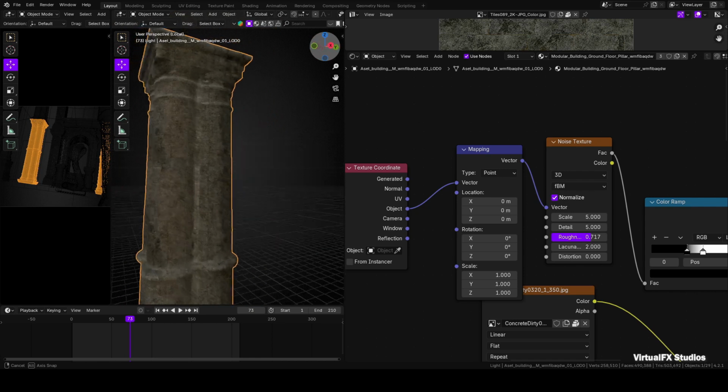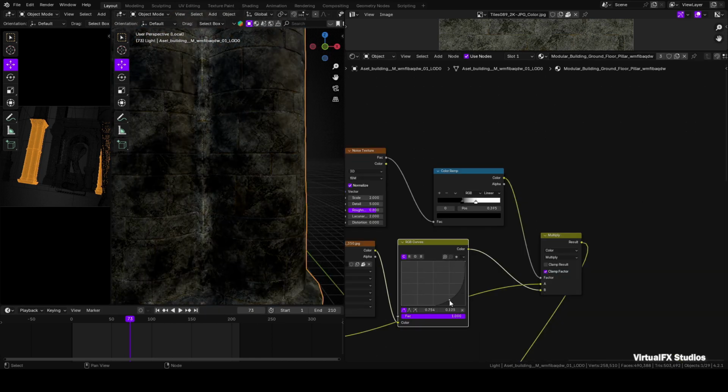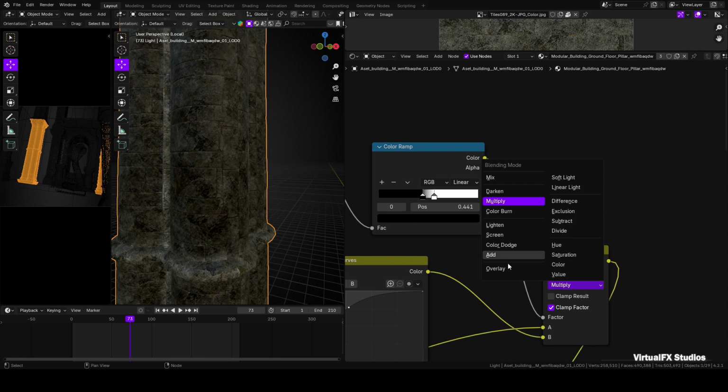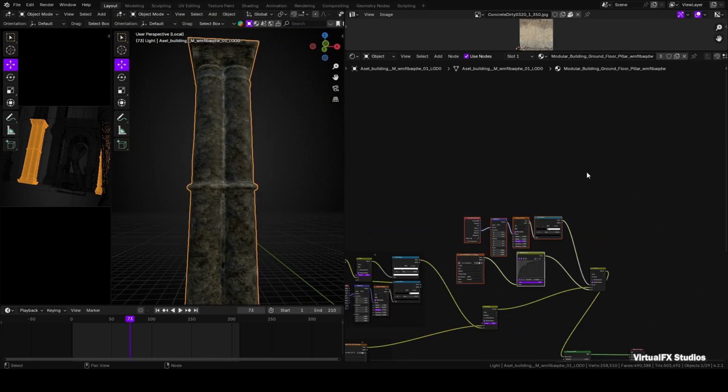If any texture appears too dark or bright, add an RGB curve node before that texture, and you can adjust the darkness or brightness by manipulating the midpoint. You can also change the mix color to see different results, such as from mix to multiply or overlay. And this will create our third group, which mixes the grungy texture.